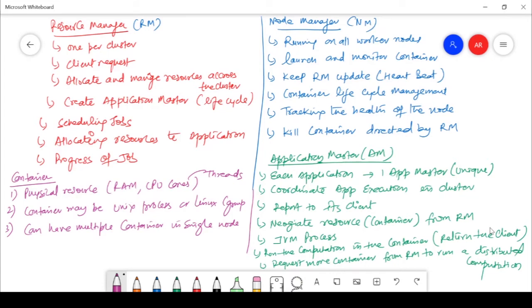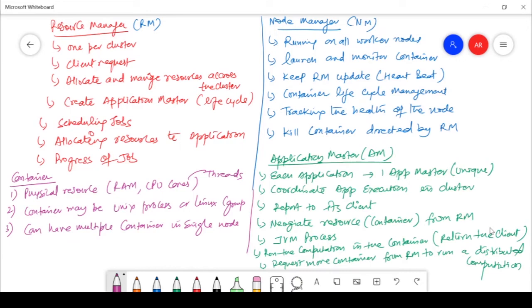So what was the problem in MapReduce? I am responsible for the client requests and I'm also handling all the projects. If I am busy doing the projects, I am not able to handle the clients, so I'm missing some clients. Then my efficiency will be less because we are getting fewer projects. And if I am taking the client requests, I am not able to execute the projects, so we are not able to deliver the projects properly. Got my point? So now in the YARN architecture, we have a resource manager as well as the node manager.